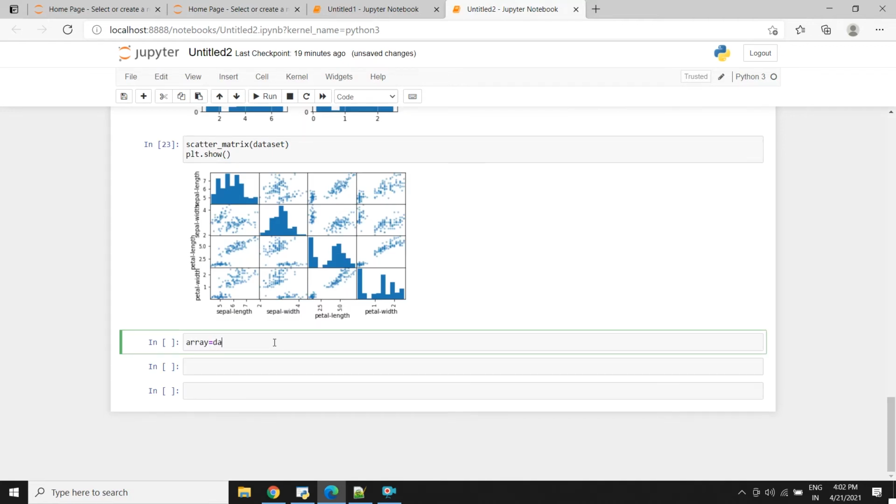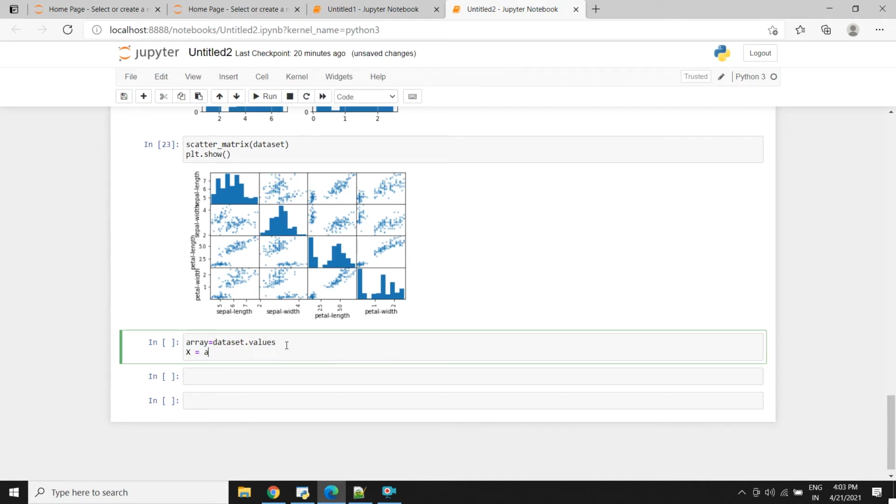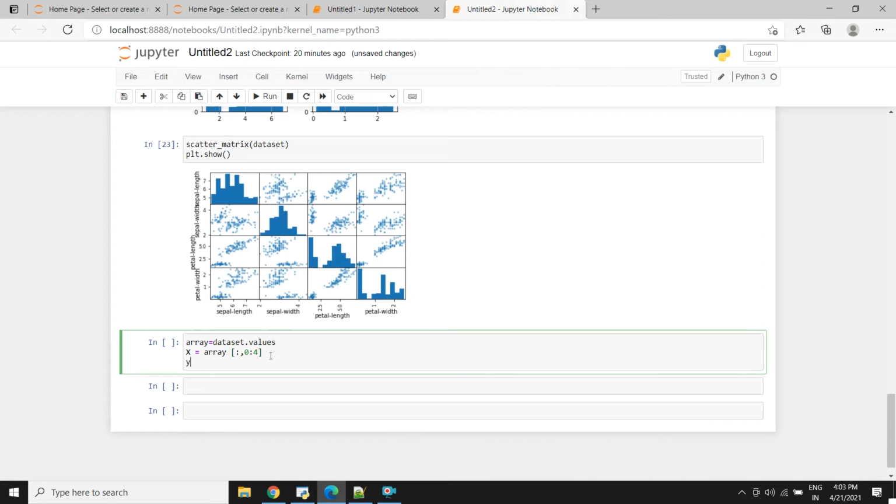This is my array. It will consist of all the values from the dataset, so dataset.values. First of all, we will define a variable X that will consist of the values in the array starting from the beginning, 0 till 4. So these are the columns which we will include in the X variables, and for a Y variable I'll define it as a class or the output. What do I need? I just need the fourth column, that is my class column. So I'll start it from the beginning and I just want the fourth column.